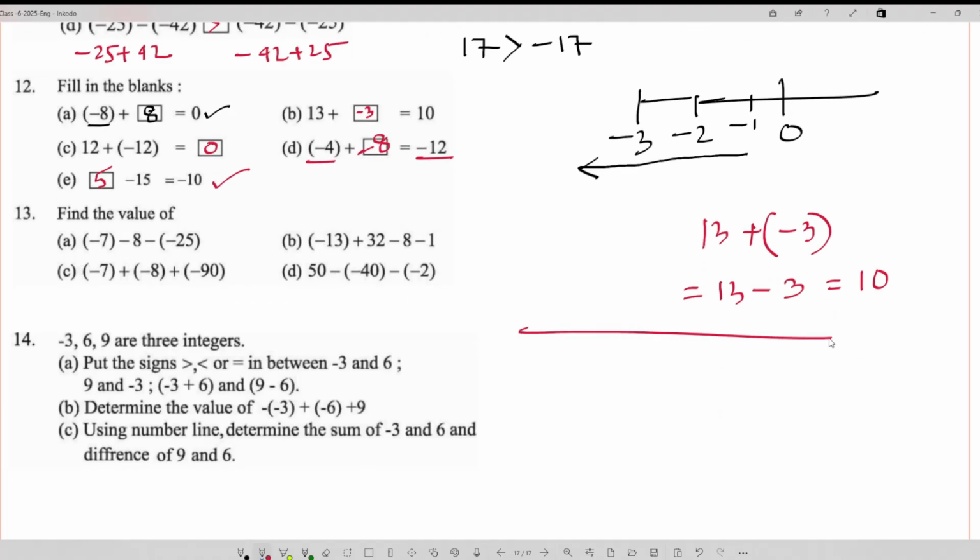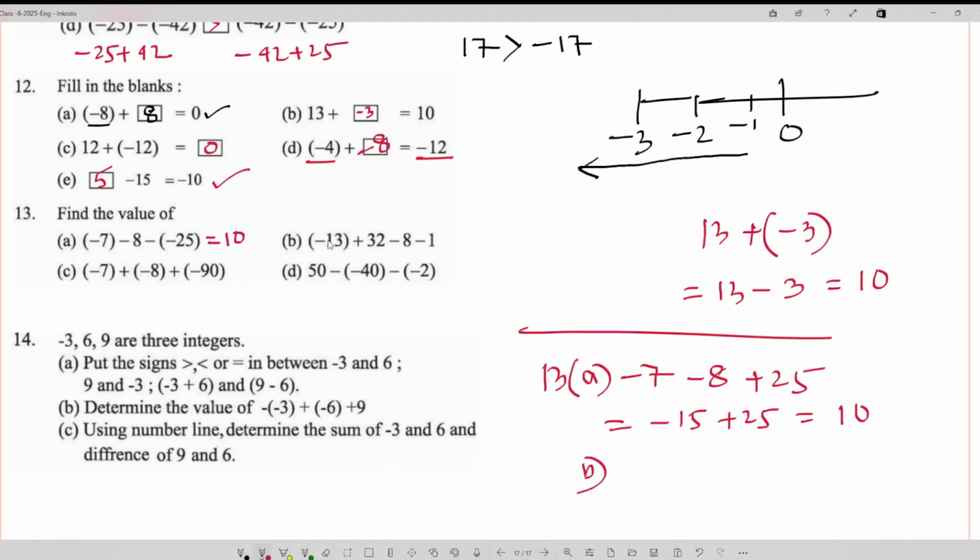So we can write this one here, 13 minus 7, and here is minus 8, and here minus and minus plus 25. So minus and minus 8, it means minus 15 plus 25, it will be 10, right? So the first answer is 10.